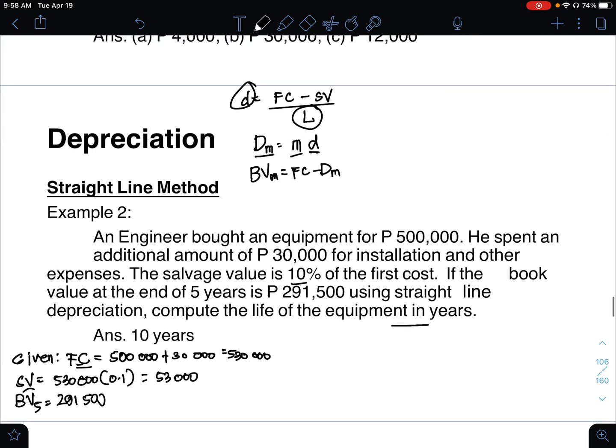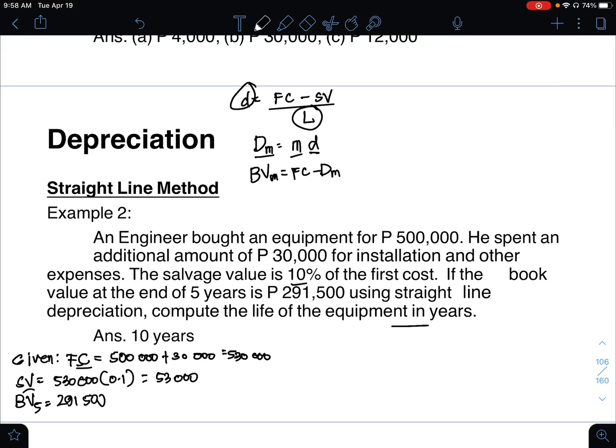Yes. Then now we transpose. So DM equals, okay, still two unknowns. So we take DM is equal to FC minus BVM. We just transpose it. So therefore DM is equal to we will use this formula later,